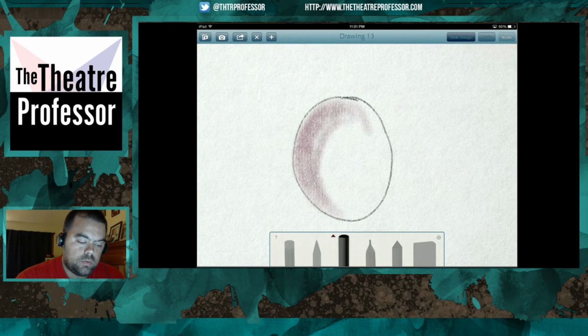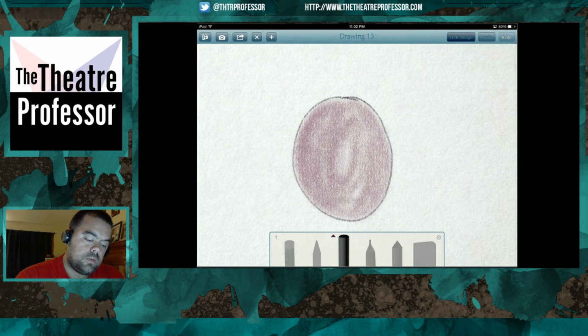And what I'm going to do is I'm actually going to shade this in all the way and then use the kneaded eraser to help create the highlight. Now you'll notice that when I shade, I tend to shade the direction of the shape. That's just habit. You know, I could have just done it all one way and filled it in, but it's just habit to do it the way the shape curves, the contours. Then you could grab your kneaded eraser and let's say